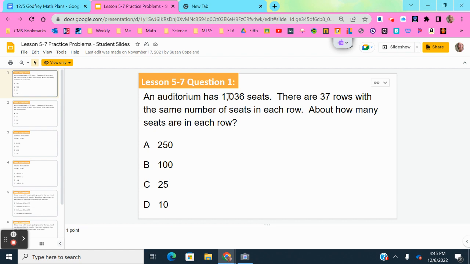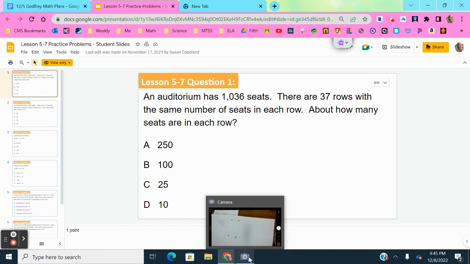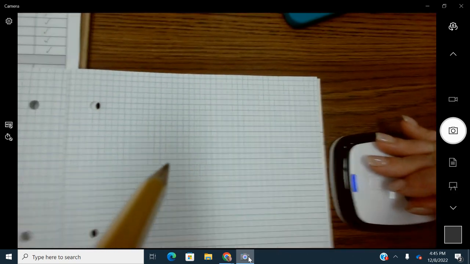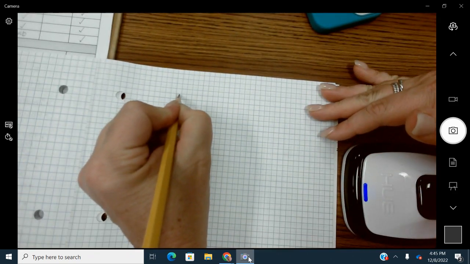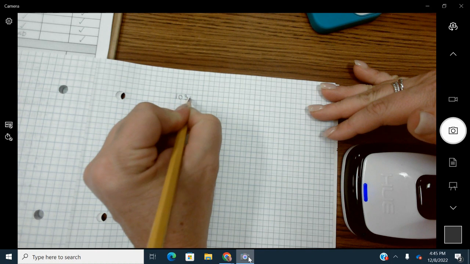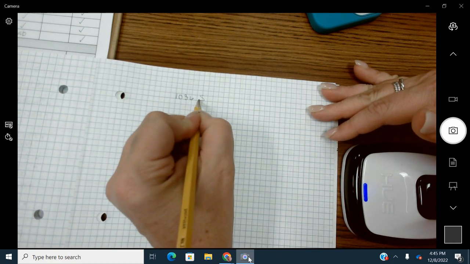An auditorium has 1,036 seats. There are 37 rows with the same number of seats in each row. About how many seats are in each row? All right, so let's take a look at what the problem is telling us to do. An auditorium has 1,036 seats. So I would ask your kids to write the notes down. 1,036 seats